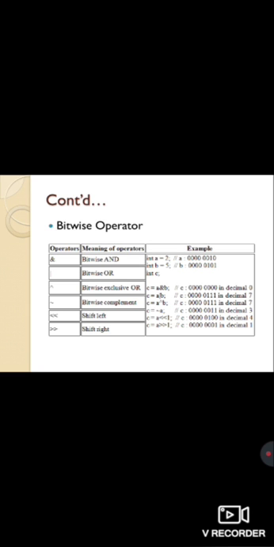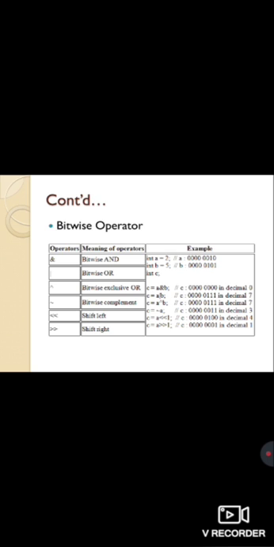Next, c equals bitwise complement operator a. That means after performing the bitwise complement operation on the value of a, as a result 3 is stored in c. Now c equals a left shift operator 1.